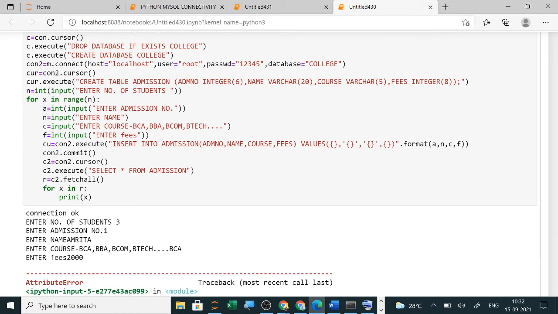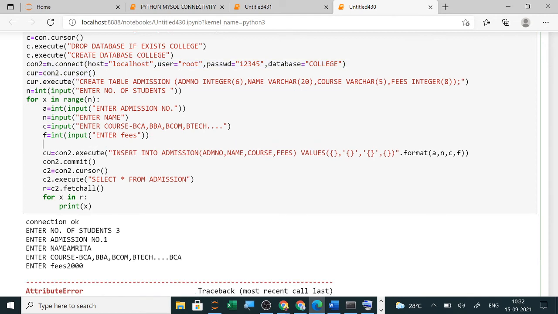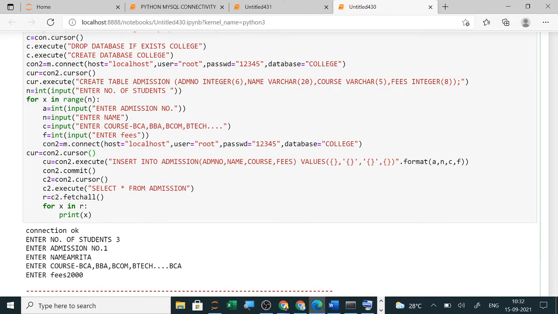Again I am just copying it from here and I will paste it here. It should not have shown an error, but let me see why it is showing one.